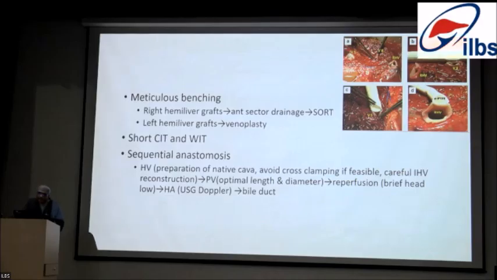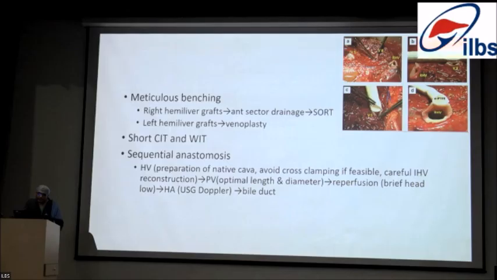We try to avoid cross-clamping, because any cross-clamping will lead to hemodynamic instability. All inferior hepatic veins we reconstruct, especially those more than half a centimeter in size. Even the proper implantation of the inferior hepatic vein gives the proper position of the graft in the abdominal cavity.